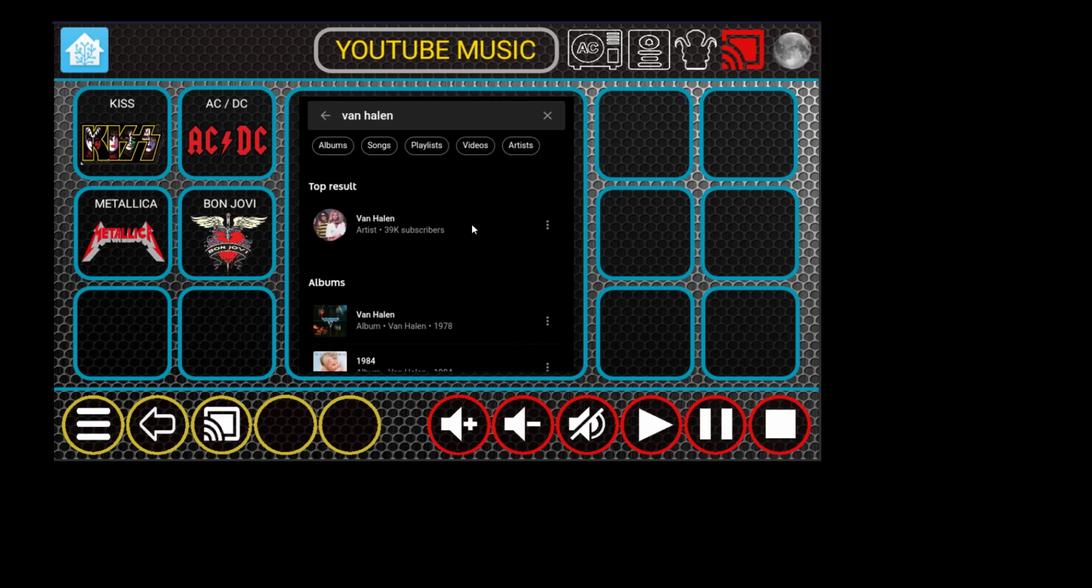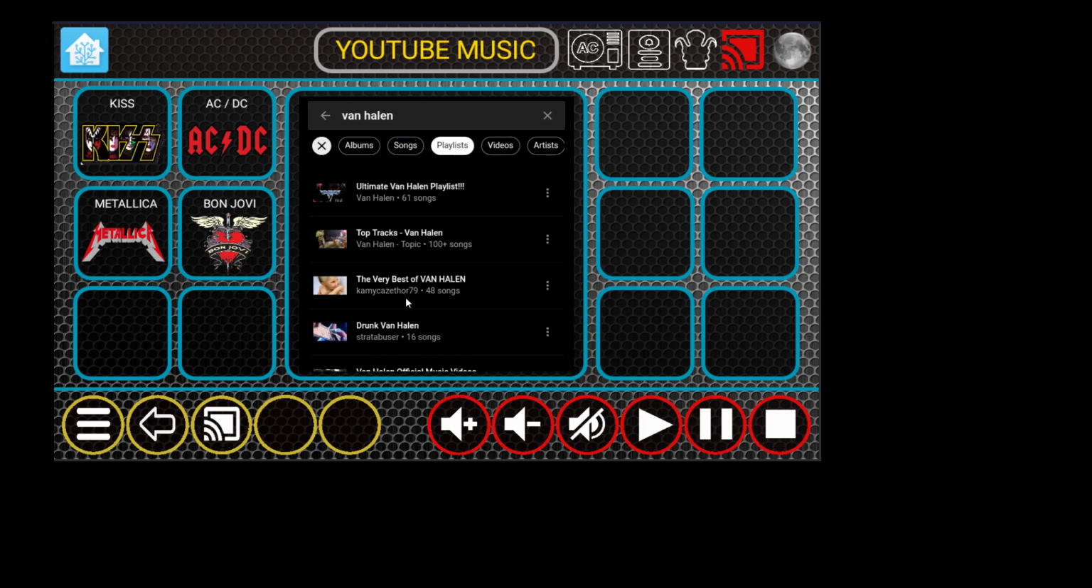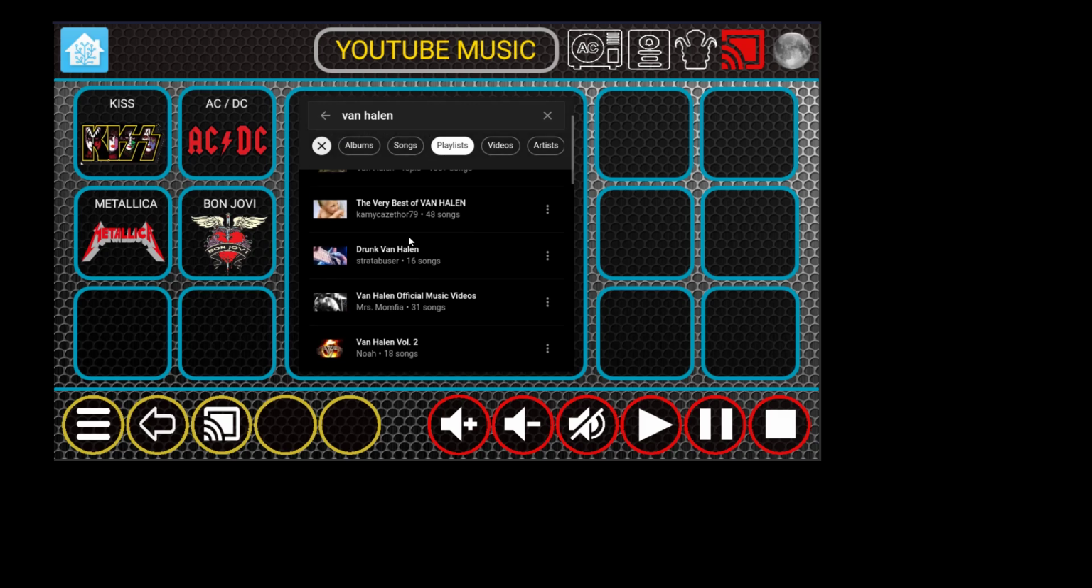Now what it does is I've set up some code that interacts via MQTT to the application on the Windows environment, so I can now actually play playlists and queue them up. So if I click playlists now, I can find a Van Halen playlist, like so,